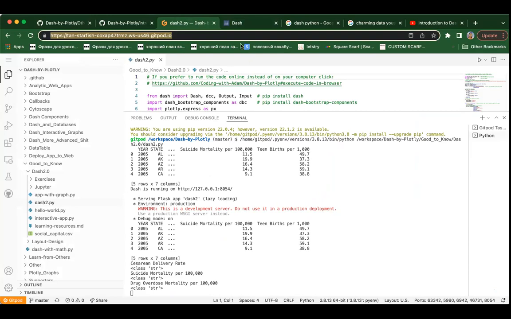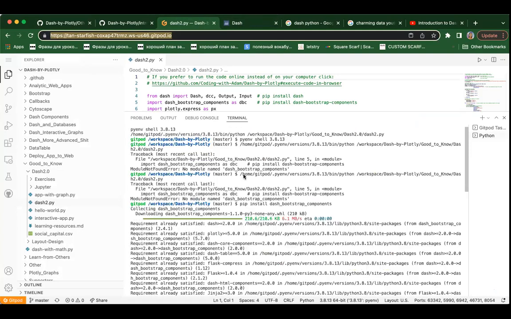It allows you to load the page directly from the browser. First of all, you need to install, as you are now installing Pandas or Dash or Plotly, you need to install it here in the terminal. For example, first,